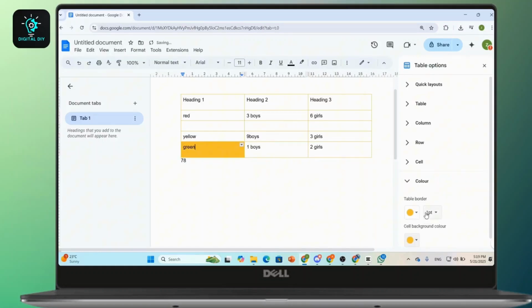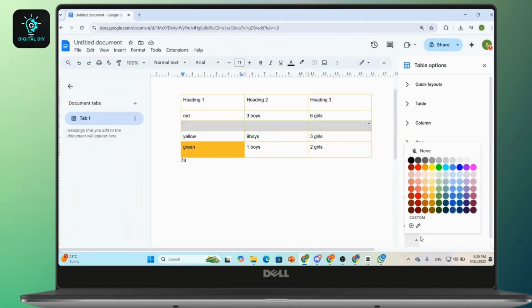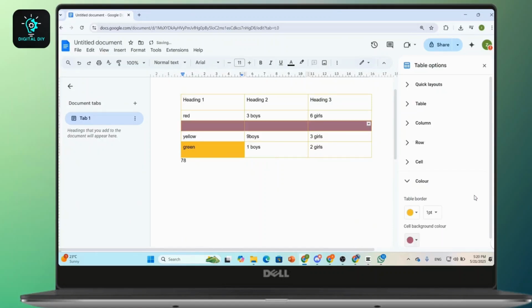And now here, to fill multiple cells, you can highlight the ones that you want, let's say 3 cells, and after that you can simply right click and go to the table options and choose the background color for those